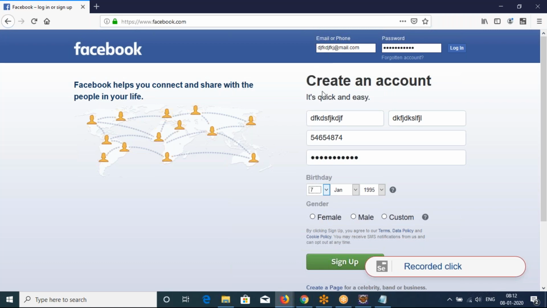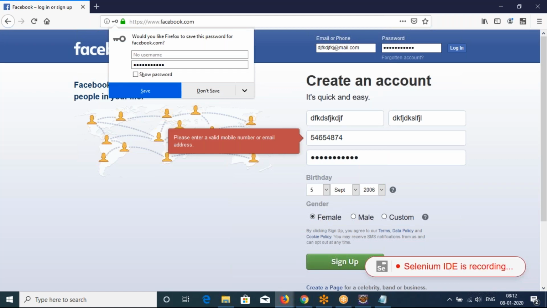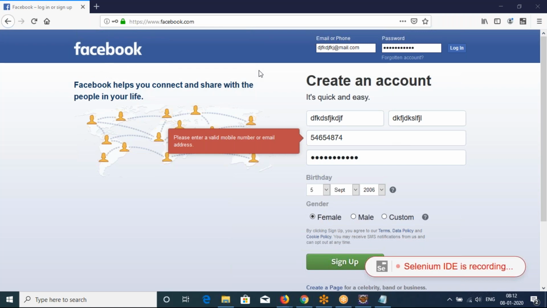I'll select this drop down. I clicked on sign up. You get some messages. You are not bothered about it.